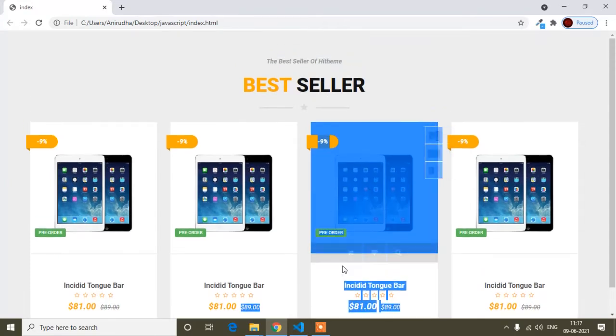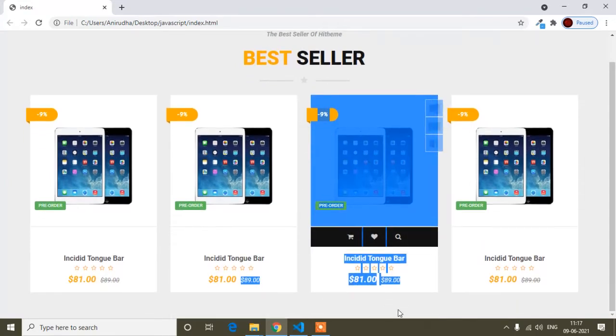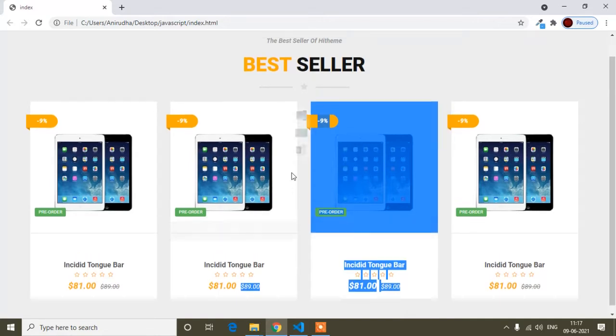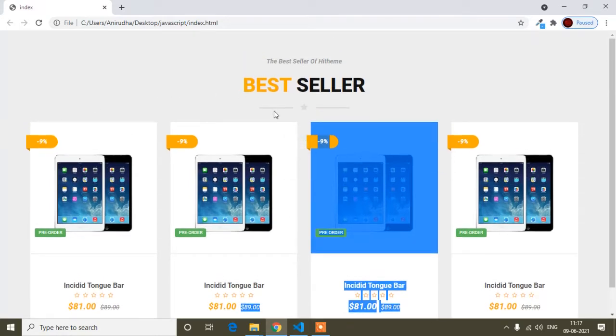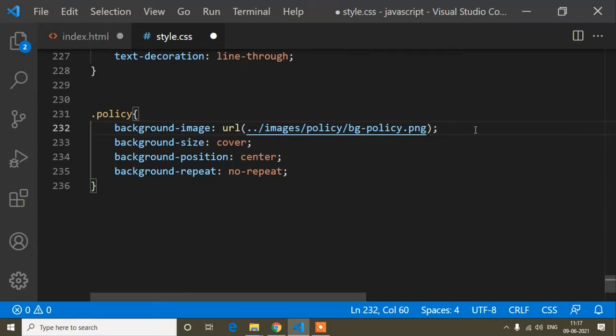So here you can see too much height, and if I add more content here, the height will increase, but the image height and width is not increasing. So that time it will happen. Here I have written the background size is cover. So for covering all the background, this image will start to repeat. I don't need that. I need this image to be stretched.